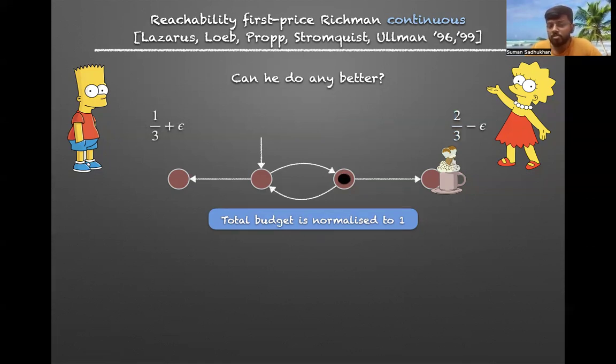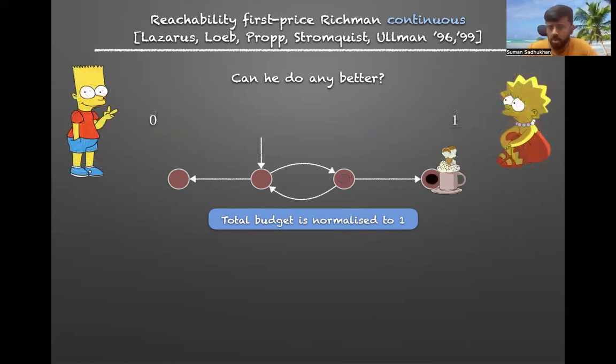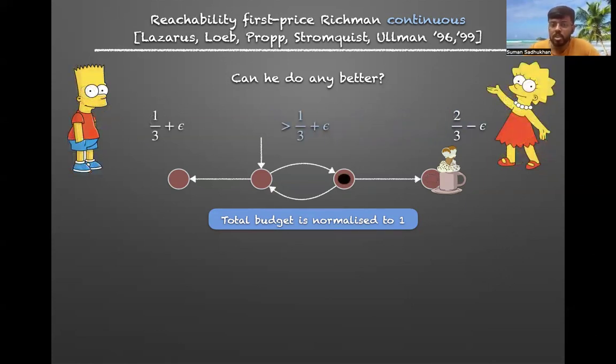And here Bart bids 1/3 plus epsilon, where Lisa now has a budget of 2/3 minus epsilon. So Lisa can, depending on epsilon, bid more than 1/3 plus epsilon or less than 1/3 plus epsilon. Of course, if she bids less than 1/3 plus epsilon, that is less than what Bart has bid, then Bart wins the bid and moves the token as before. But if she indeed bids more than 1/3 plus epsilon, then Lisa will move the token to the first vertex, because Lisa wants to defeat Bart, and the new budgets become like this.